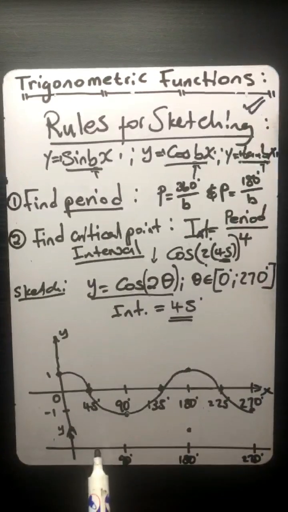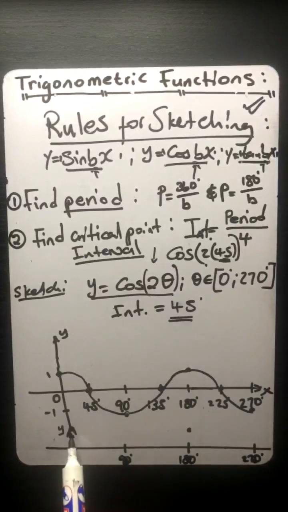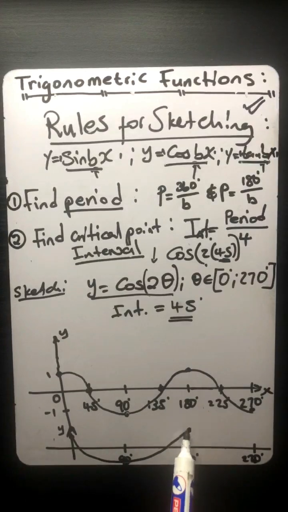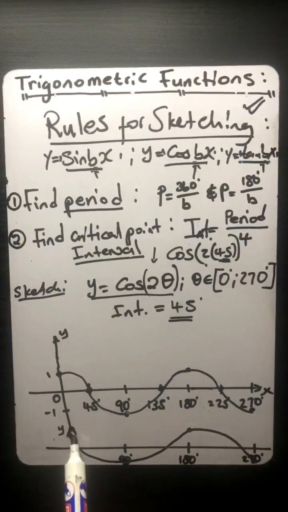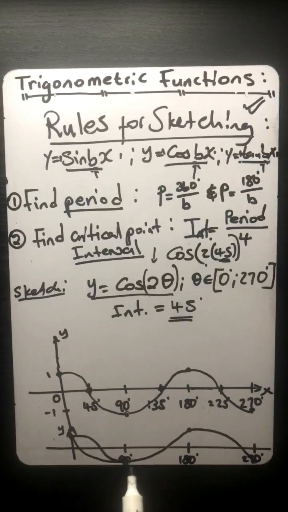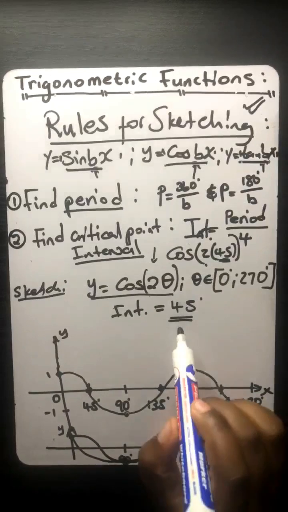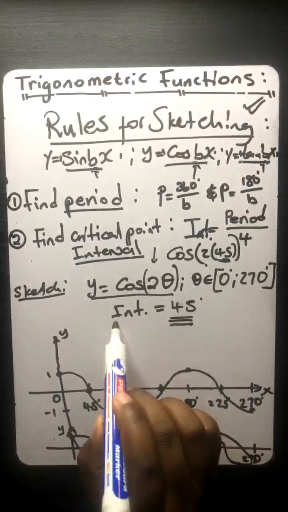So without these critical values, it might be a bit tricky because you won't know whether the function does that, or if it does that, or if it does whatever. So that is why I'm saying the correct procedure is for you to find the interval and then use that